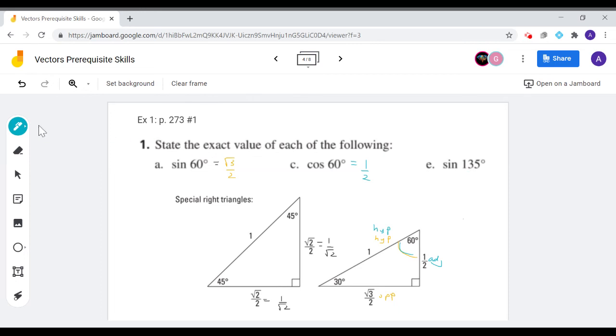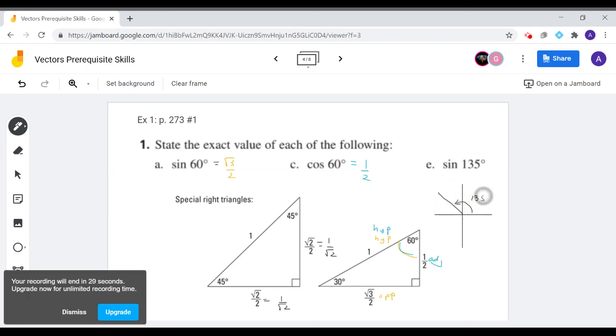And sine of 135, we'd have to think about our CAST rule. Well, sort of. We need to think about our angle rotating into the next quadrant. So 135 is going to fall over here. This is 135 degrees. This is 45 degrees, which is its reference angle. And that makes a special triangle here with sides 1, 1, and square root 2. So sine of 135 is the same as sine of the reference angle 45, which is 1 over root 2, but it is in